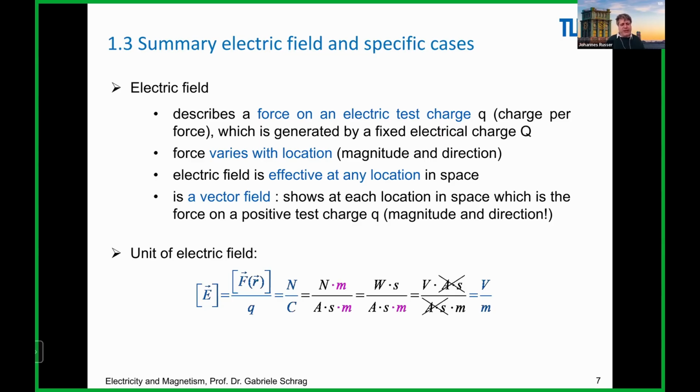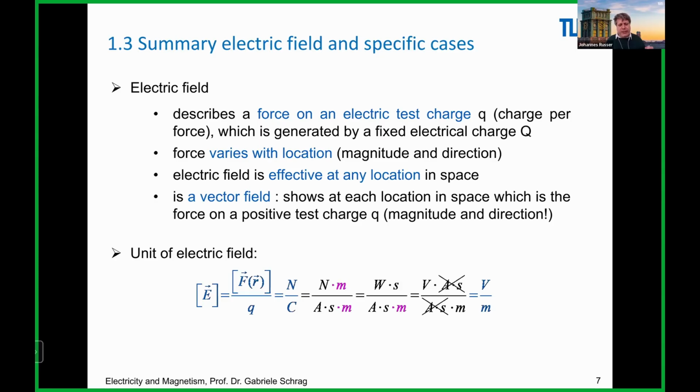At every position we had a scalar value that was attributed to it, and the other one was the airstream over the Earth, and there you had at every position on the Earth both magnitude and a direction for that airstream assigned. So also here for the electric field, at any position in your space, you will have a force